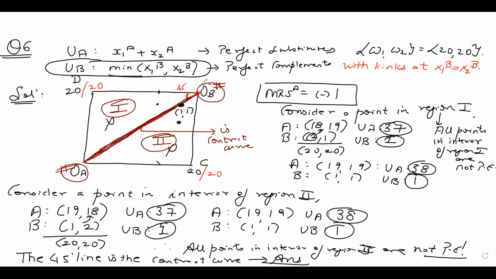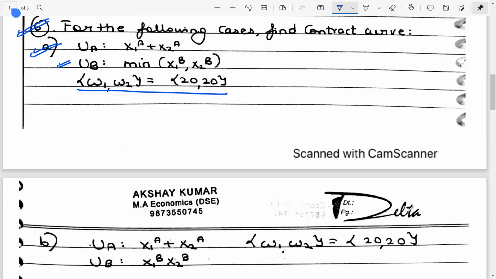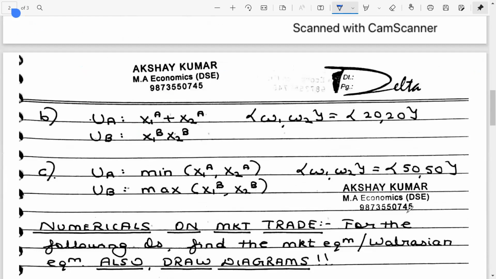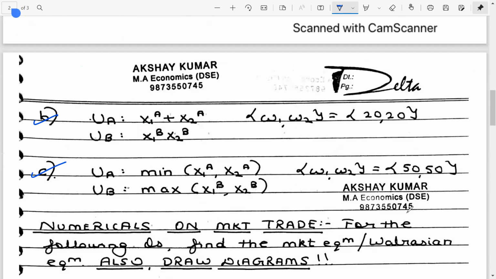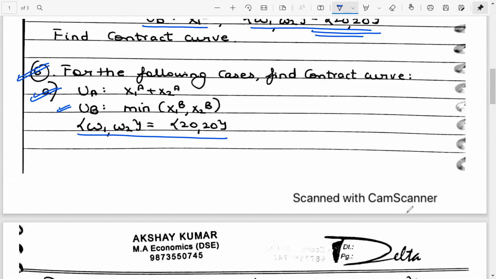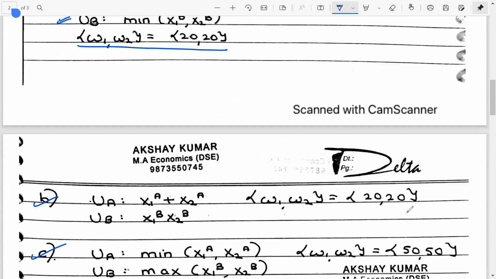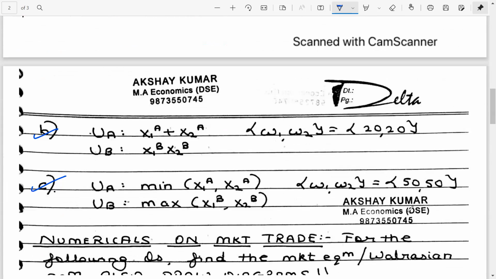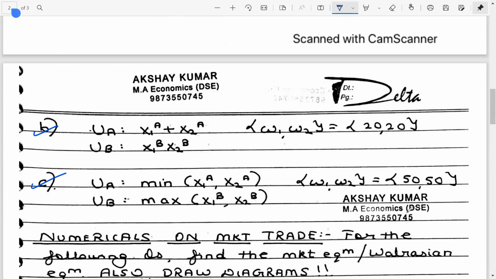Okay. So hoping all students have understood this. So this is where I intend to stop in this particular lecture. We have done question 6 part A. Question 6 has further parts, I think. Let's come to the assignment. So question 6, we have done part A for discussion. Part B and C, I will be discussing in the next lecture of general equilibrium assignment solutions.